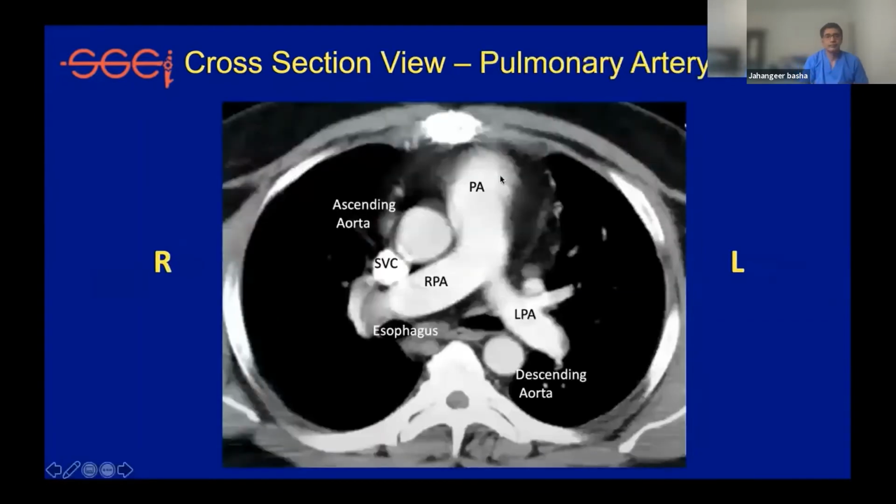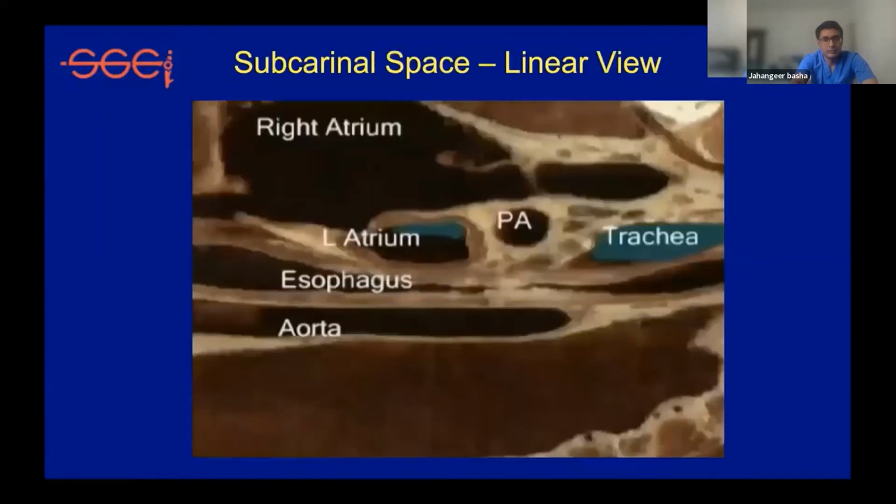So this is the section at the pulmonary artery. We can see the pulmonary artery dividing into the right pulmonary artery and the left pulmonary artery. The right pulmonary artery is very close to the esophagus, so we can see it very easily. This is the ascending aorta. On the right side of it, we can see the superior vena cava. The aorta is actually towards the right side of the pulmonary artery, though it is arising from the left ventricle. From here, it takes an arch, moves towards the left side, and further it descends as the descending thoracic aorta, which is actually on the left side. All these anatomical details we can evaluate here.